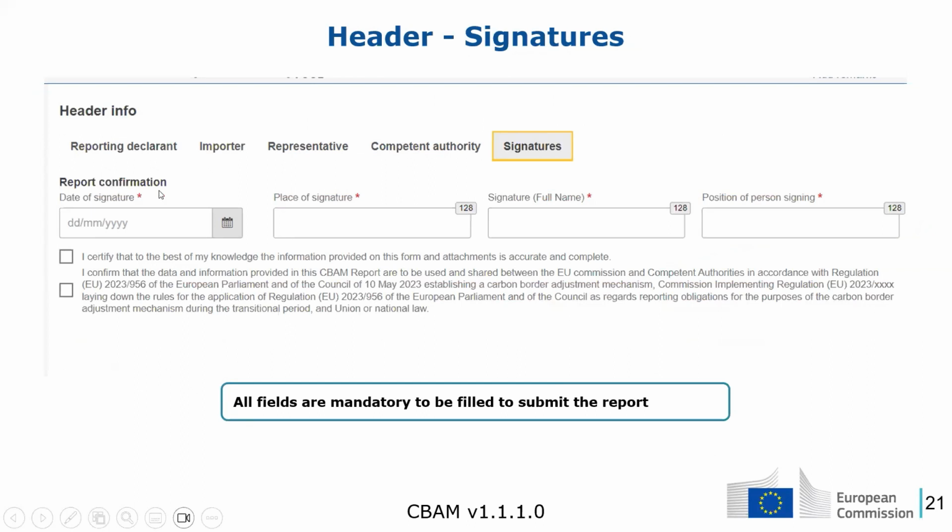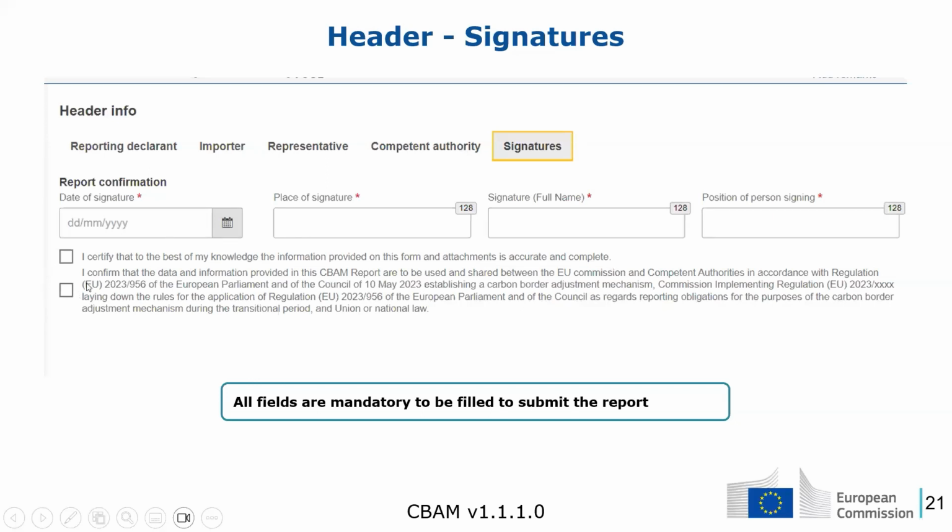We can see here that we need to specify the date of the signature, the place, the full name of the signing person, and the position of the person signing. There are two checkboxes here. The first one is to certify that the data provided in this form is accurate and complete.